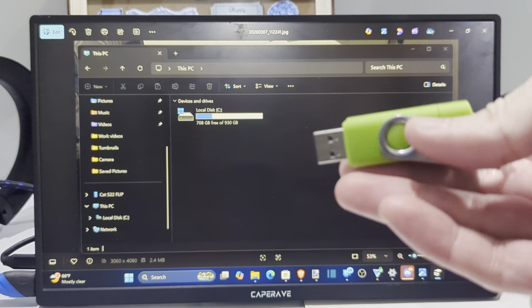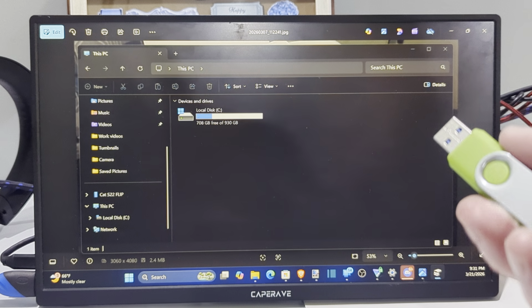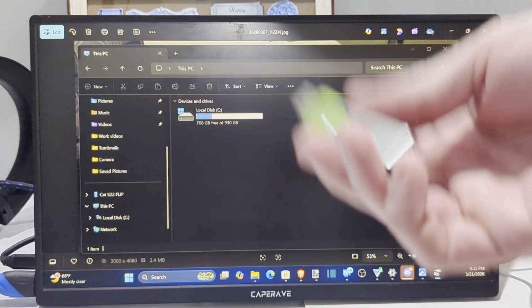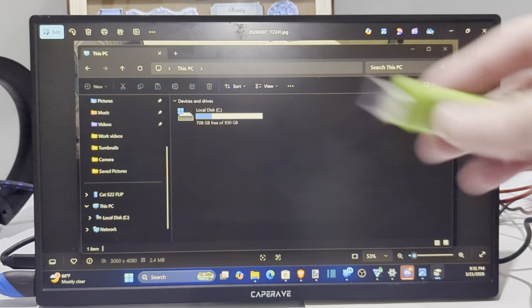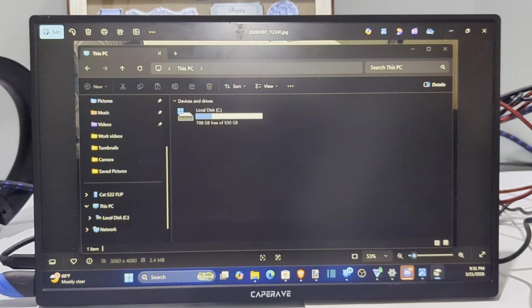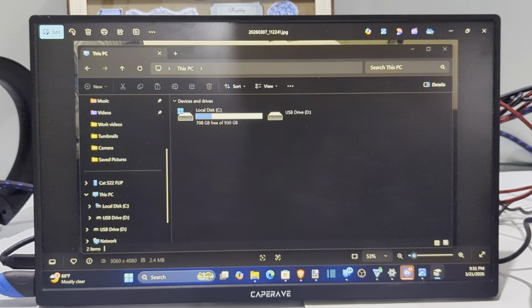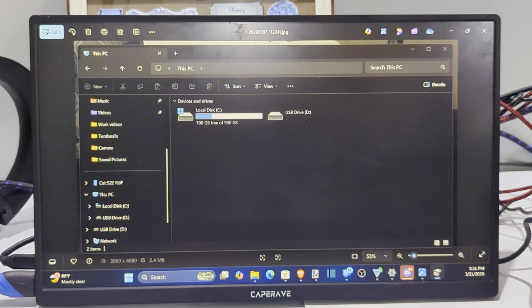Today in this video, I'm going to show you how to fix it if your USB device is simply not showing up on your computer or another device like your phone or even your TV. So I'm going to plug this in right now to my computer, and it probably will not show up. So we can just go to This PC. You can see I don't have it allocated for any reason, so it actually does show up, but I need